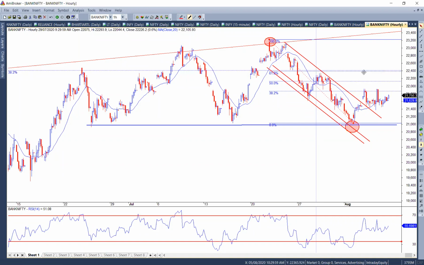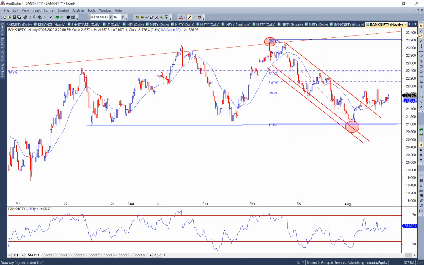61.8 becomes important because we already have some price patterns here. And also this is a Fibonacci retracement. On RSI, yes, there is room for it to go up. It's not in the overbought zone yet. It's not in the oversold zone yet. It's moving between these levels as of now. How do you accurately derive overbought and oversold? Again, in MOTA, Master of Technical Analysis. So this is how you do an hourly chart.